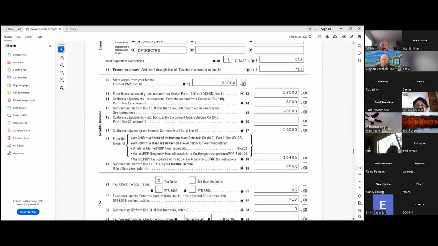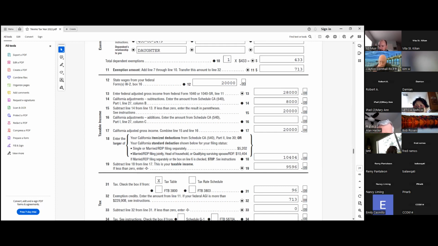Okay, let's get into the guts of the state return. So we have the amount of wages. We have the federal AGI that included the itemized deduction for California. I stand corrected. The unemployment compensation, which happens to be a subtraction, and that's at 8,000. And so now we're down to 20,000 because, again, California doesn't tax unemployment compensation. Here, California has a different itemized deduction amount, and that's for this year, a little over 10,000. And so if you take your 20 minus your a little over 10, you're at about 9,500 and change